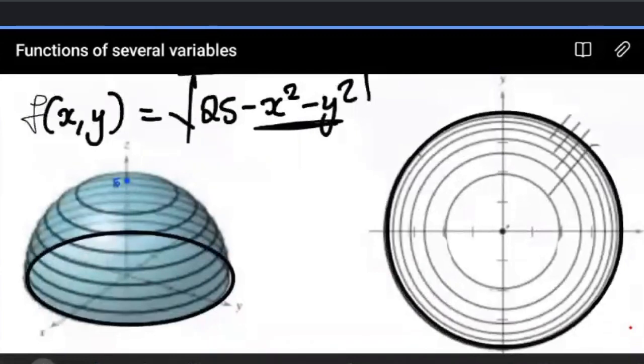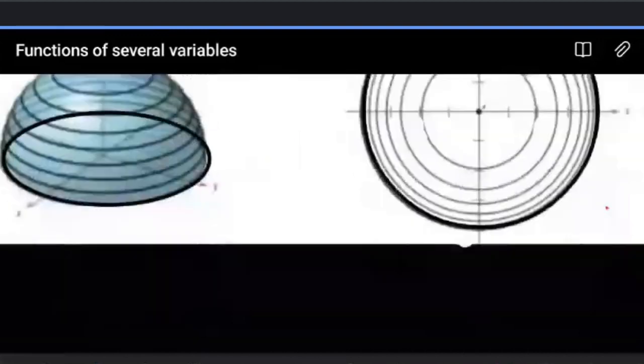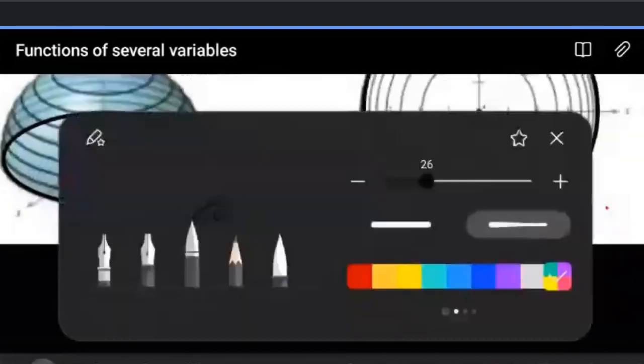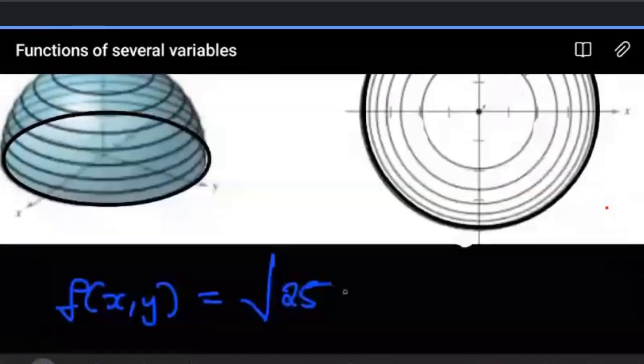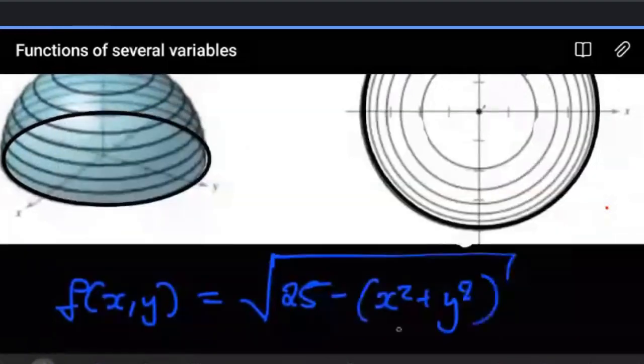But I'm literally just looking at the same expression, rewritten as f of x comma y is equal to root of 25 minus x squared plus y squared. So when this sum reduces, meaning that now the radius of the circle we're talking about is a little bit smaller, we're dealing with a circle of a smaller radius,